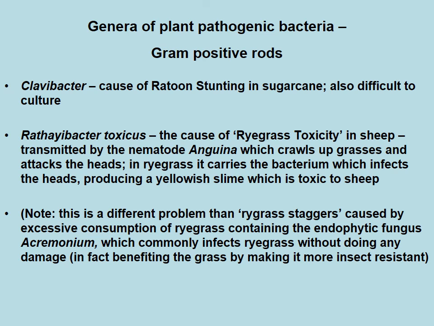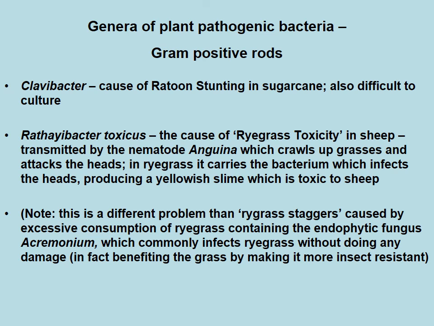Now let's look at some plant pathogenic bacteria that are gram-positive bacteria. Our first example is Clavibacter, which causes ratoon stunting in sugarcane. Next we have Rathayibacter toxicus. This causes ryegrass toxicity in sheep, and it's transmitted by a nematode. The nematode Anguina crawls up grasses and attacks the heads. In ryegrass, it carries the bacterium which then infects the heads, and this produces a yellowish slime that is toxic